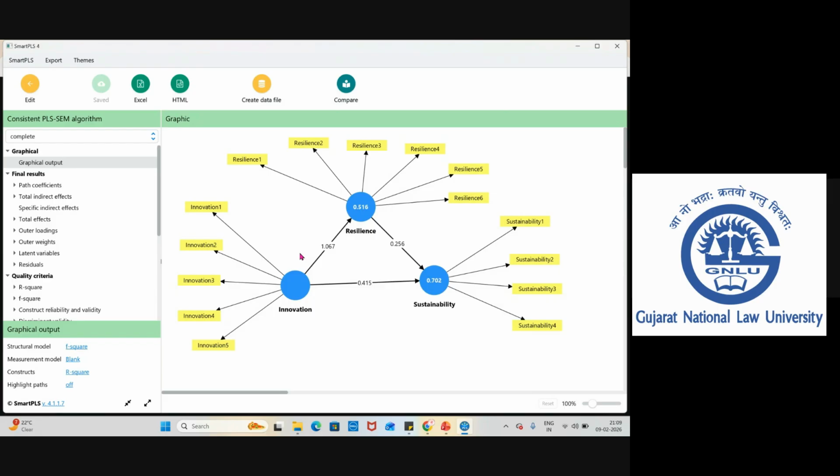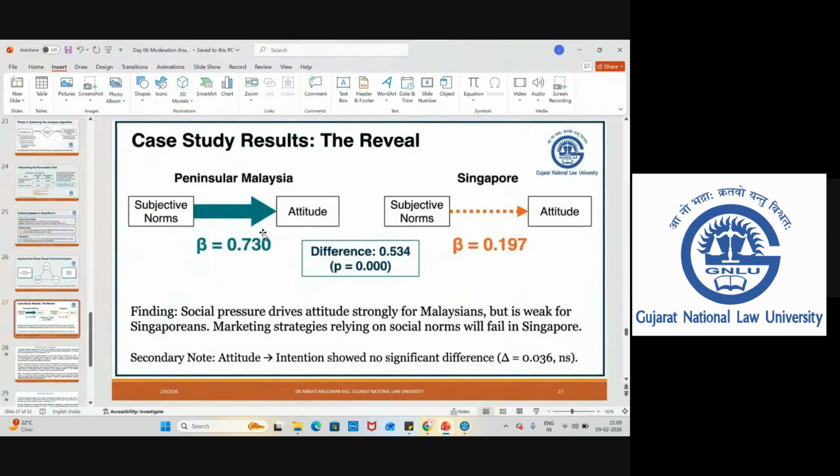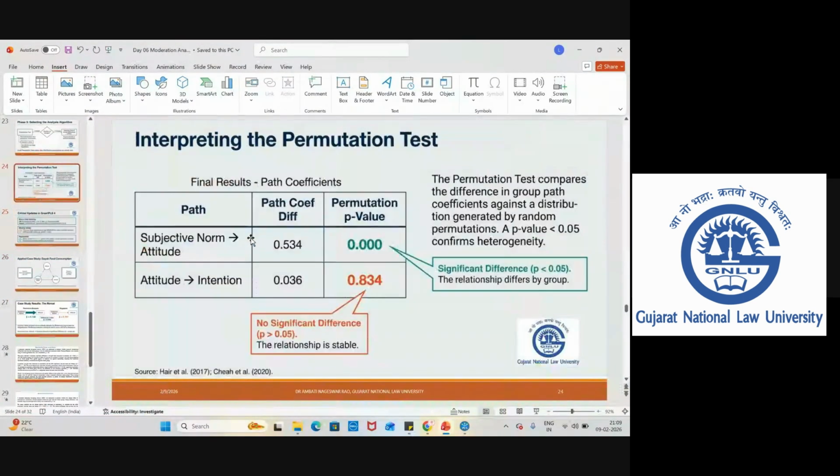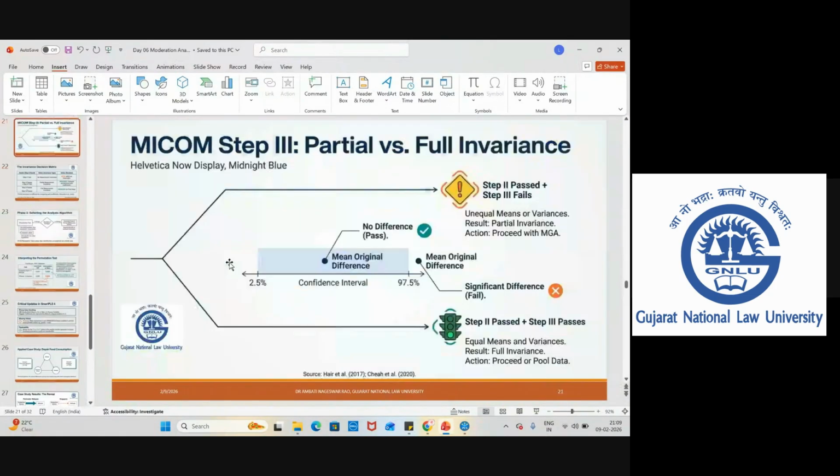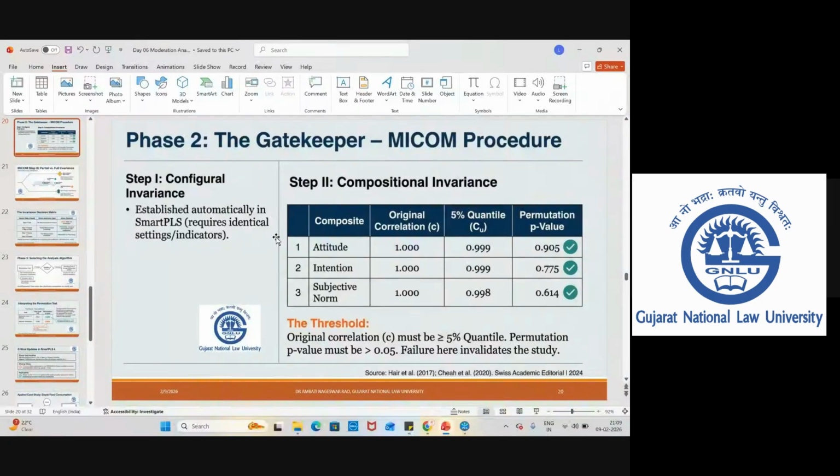Now, once we complete this particular part, next one we will go for MICOM. Once we complete the measurement model, the mediation assessment and the structural assessment model, we'll go for the MICOM. That is nothing but we need to complete three important stages. As I mentioned, step number 1 is part of data collection. We need to see whether we are able to fulfill step number 2. Then we'll go for step number 3. As a part of step number 1, we need to have equal indicators, the same indicators for each construct. So that is ensured.